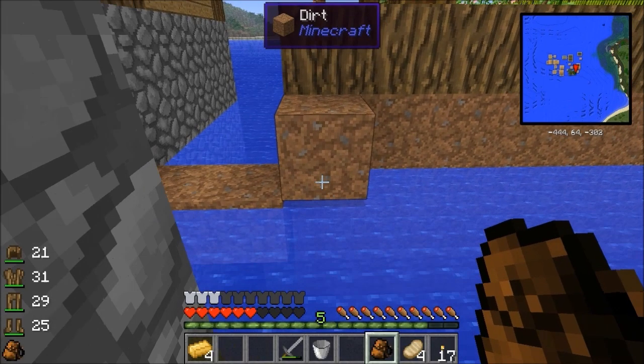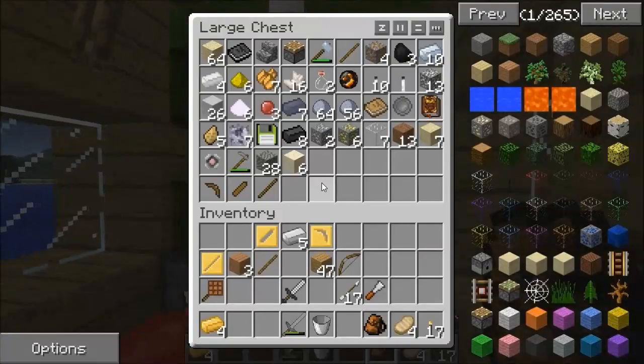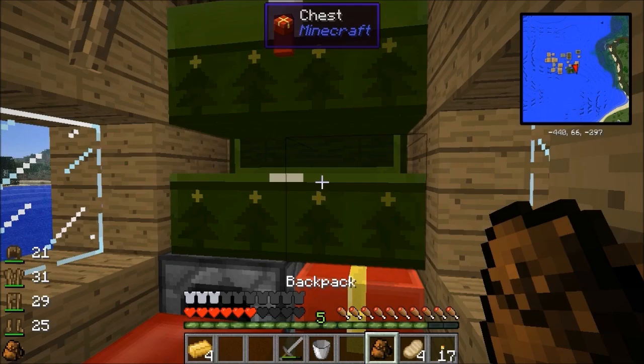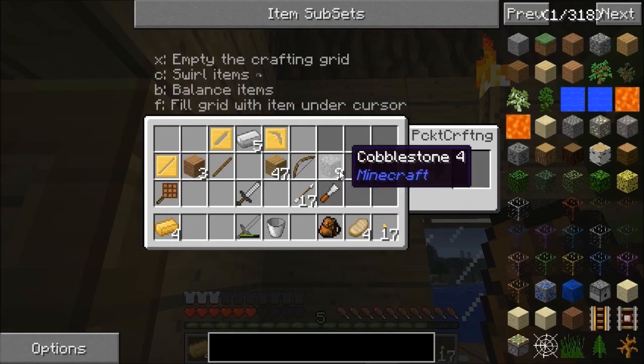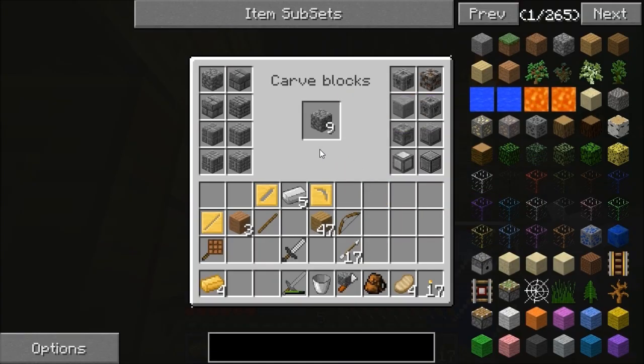Now, if this works correctly, and if I've got any cobble, which I don't think I have. Any cobble? No. Fascinating. See if I ain't got cobble. Used it all, haven't I? There's some. Wonderful. So, with my chisel, I should be able to...